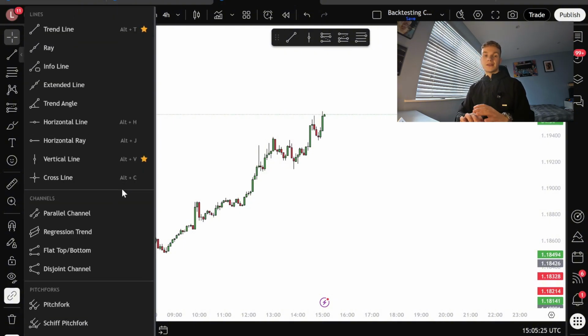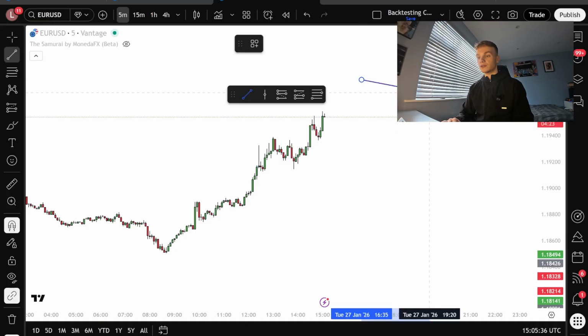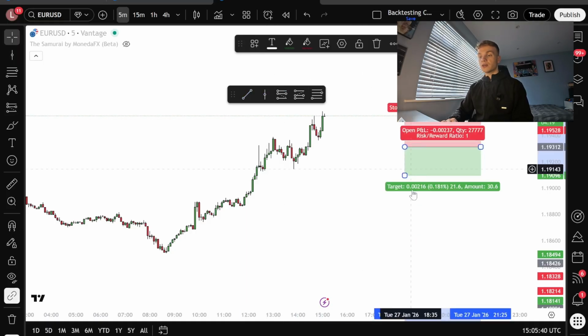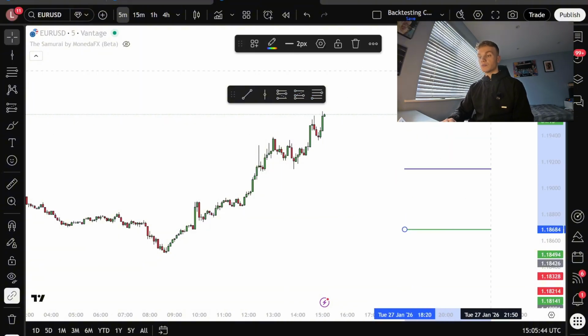Now, if you want to actually use the useful ones, then you're going to find them within these sections. As you can see here, there's quite a bit, but we don't need to use it all, so don't get confused. The easiest thing to do is similar to what we did with the time frames and just create a favorites bar. So this is my favorites bar here, as you can see. So I've literally got a line that I use on a frequent basis. I've then got a vertical line that I use. I've then got my positions for a sell, positions for a buy,